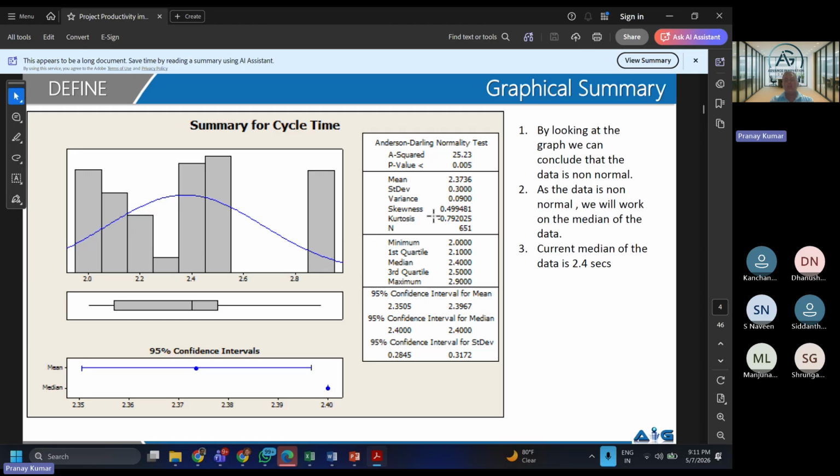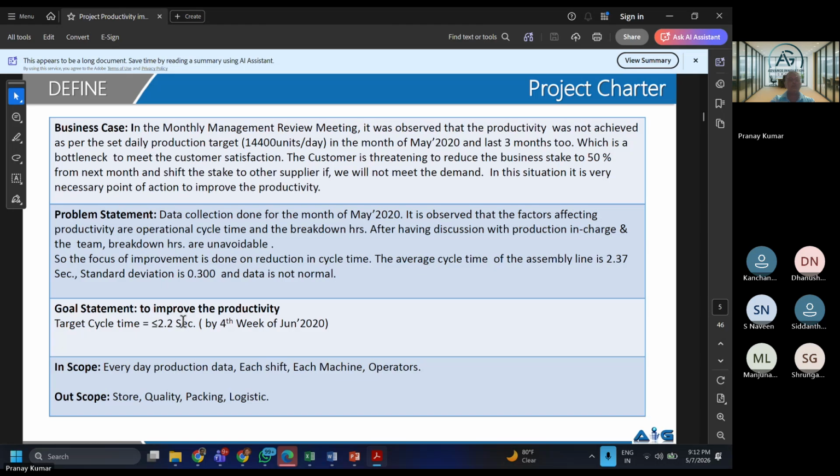Now look at this data here. My current median is at 2.4. You will study something called confidence interval in the analysis. So you see that the confidence interval is also at 2.4. So any target less than 2.4 is acceptable. Ideally, confidence interval is a range, but in the median case, we are getting both as same. So any target less than 2.4 is acceptable. So I would have rather picked a target of 2.1 instead of 2.2. Okay. With me, everyone?